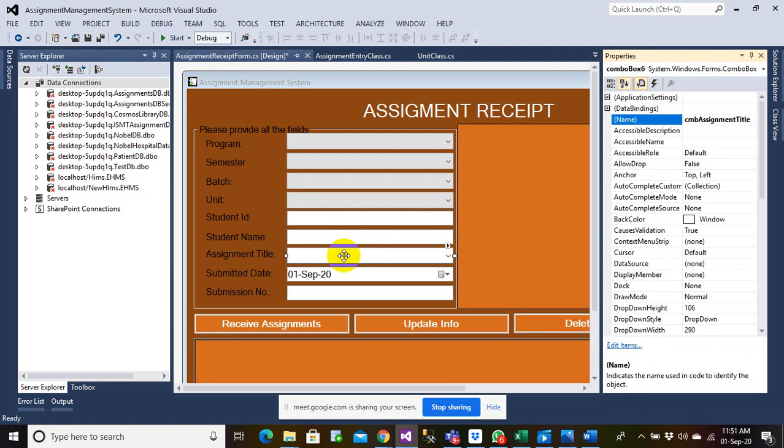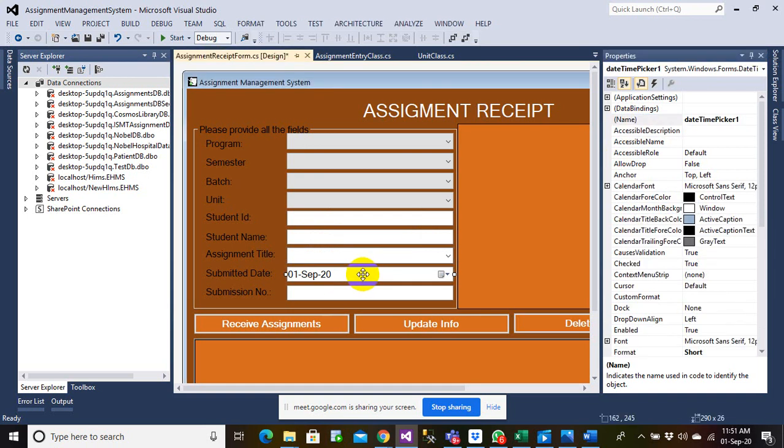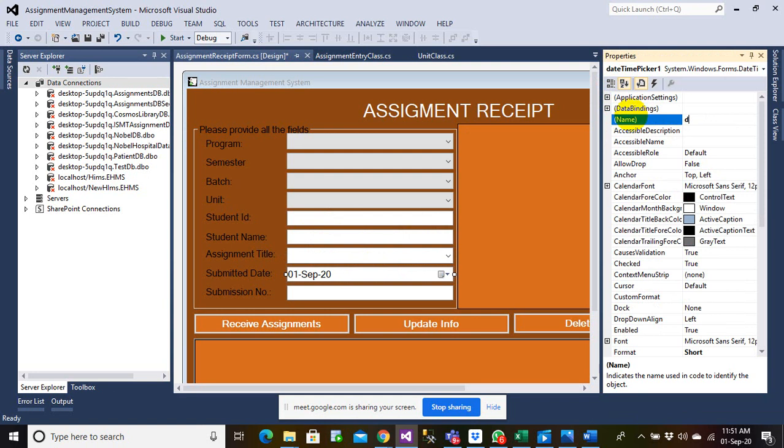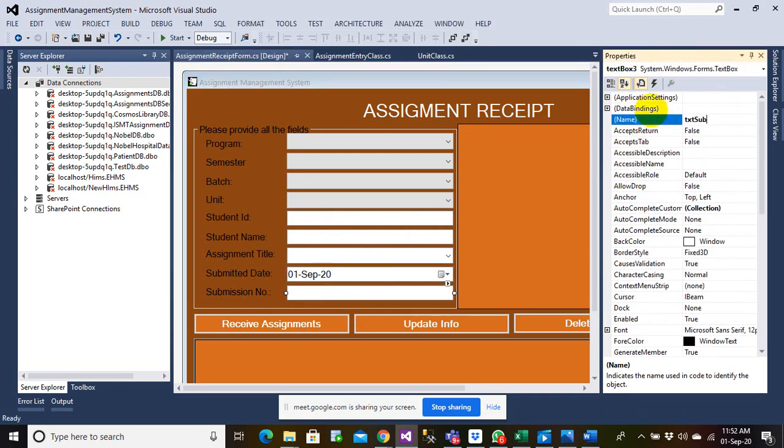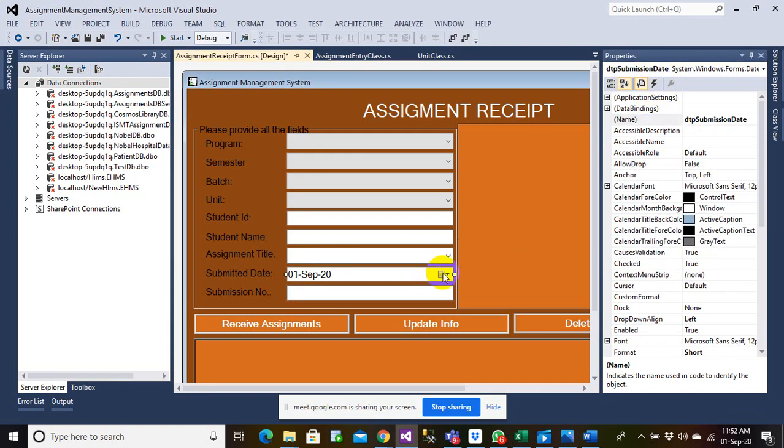Actually, I don't need this in a combo box. I can have that in a text box. I'll just change this. Let me make it txt submission date, and txt submission number. Let me remove this.